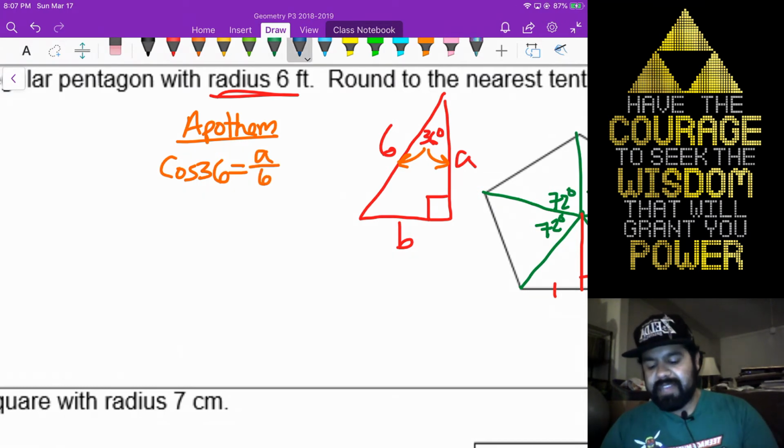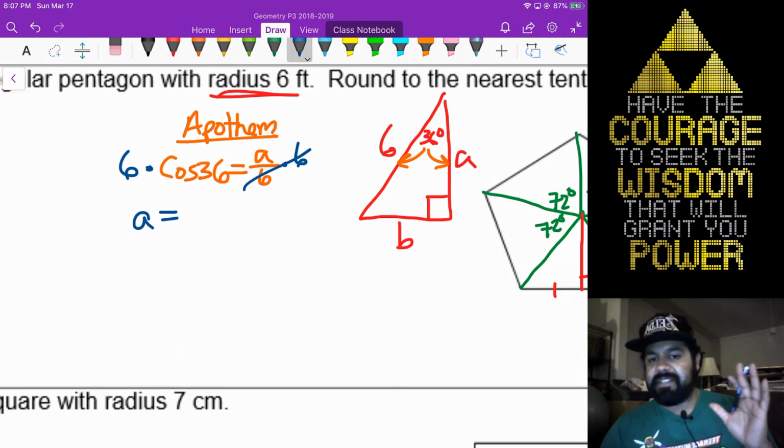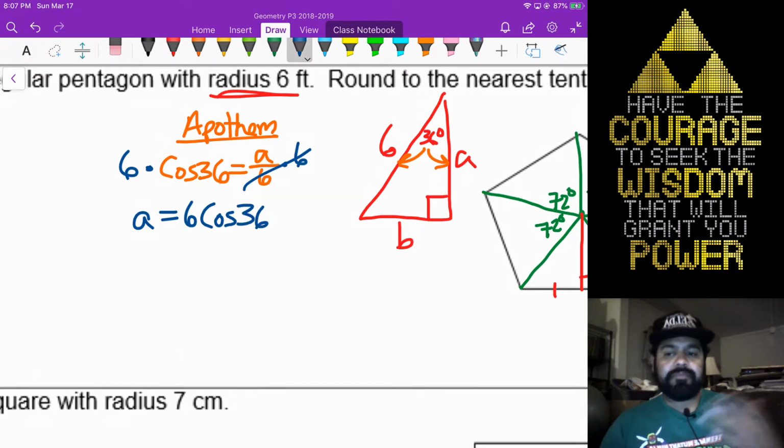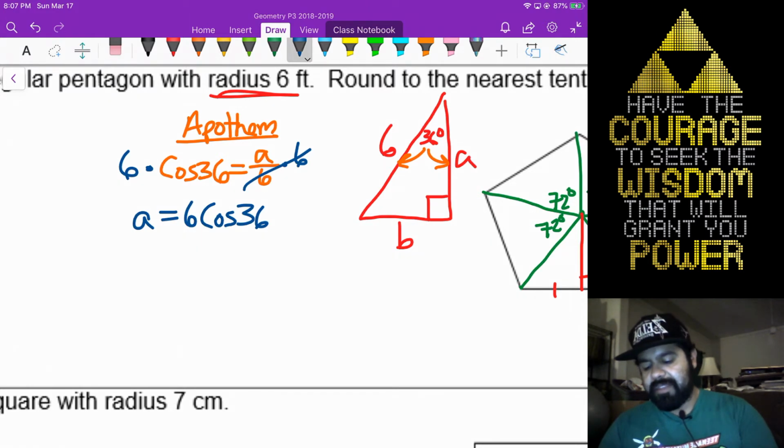Again, keep your exact answer all the way till the end for as long as possible. If you have the funky calculators, and you want to type this in, that's fine. Just make sure you get 4 decimal places. My calculator is not here with me, so unfortunately I won't be able to do anything, and I don't want to do it on my phone right now. So there's our apothem. Now we need to go to the bottom, so the base.